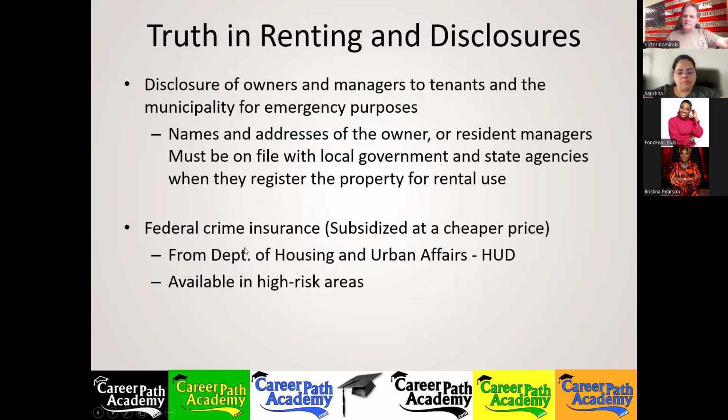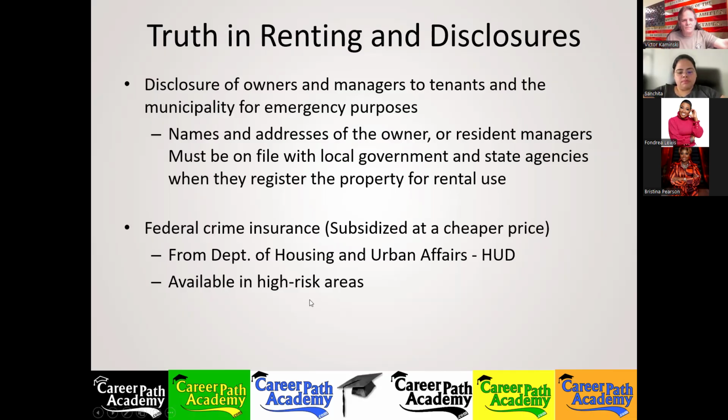We also need to notify the tenants that federal crime insurance can be subsidized. It's available through HUD. But basically, what is federal crime insurance? Isn't it renter's insurance? Yeah. What does that cover? Does that cover in case you get stabbed when you walk out the front door? No. That's for breaking and entering and crime in that way. So it's basically renter's insurance that's subsidized. I mean, for $100 a year, you could get like $60,000 worth of renter's insurance. So I don't know why you would need anything subsidized. Are you that poor you can't afford the $100 a year?